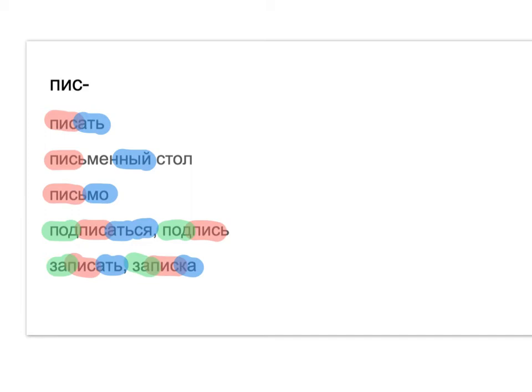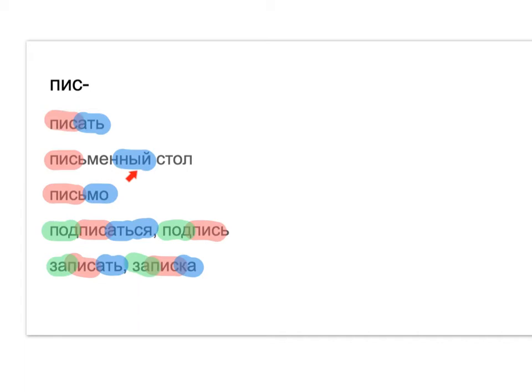Can you figure out what part of speech these words are? Our verbs are писать, you can see by its ending there, подписаться, записать. You can see the verb endings on those. This one here is a reflexive with ся, but it's just like any other verb. Then we have adjective,